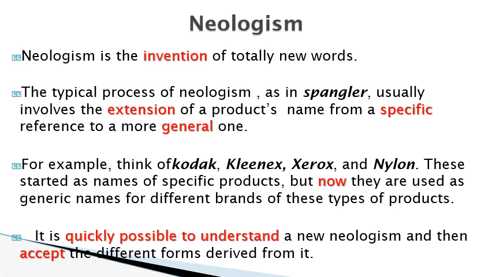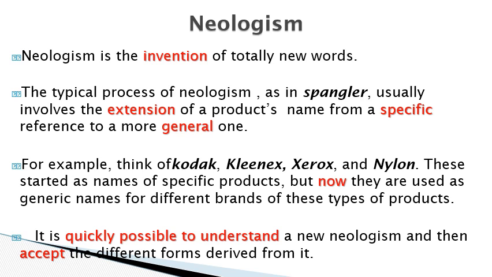All these are products. Because they were created and invented by people, before their invention, manufacturing, or production, we didn't have these terms. But after inventing or manufacturing them, we have Kodak, we have Canon, we have Kleenex, we have Samsung, we have iPhones, we have computers, we have mobiles, we have nylons. These started as names of a specific product. For example, Kleenex started as the name of